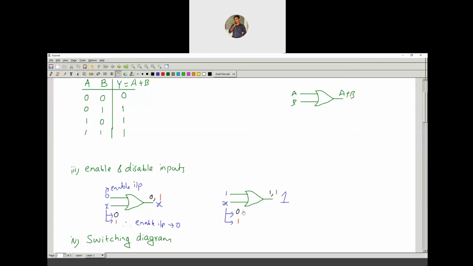Whether x is 0 or x is 1, whatever the value of x, you are going to get output 1 only. Now tell me whether this input 1 is allowing the other input to pass to the logic gate or not, and simply tell me whether 1 is an enable or disable input. So 1 is what here? Disable input. So 1 is the disable input.